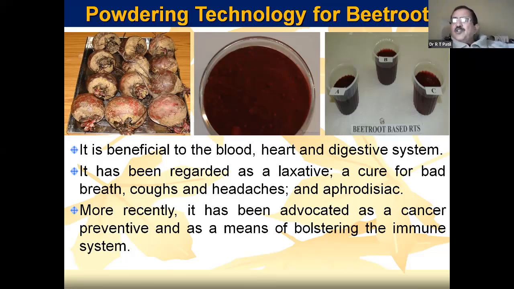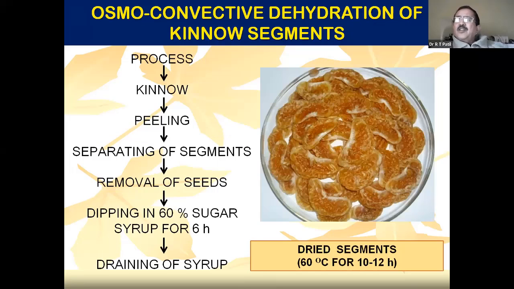Then osmodehydration of segments of the citrus fruits. Citrus fruits also, the first grade goes for the market, and second and third is rise in the villages. If you get it for 1 rupee per kilogram during the season, remove the skin, the outside layer, and then remove the segments, remove the seeds by hand, have some labor employed, women labor, and then osmodehydrate it. Once you osmodehydrate it, it can be kept for 6 months, and from this you can make